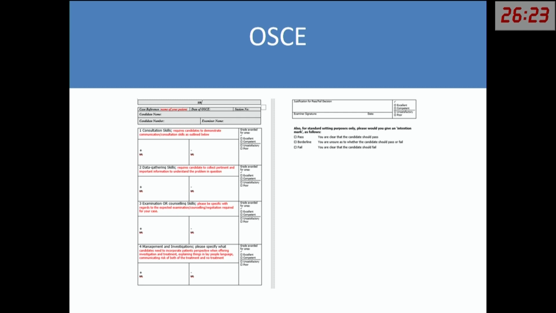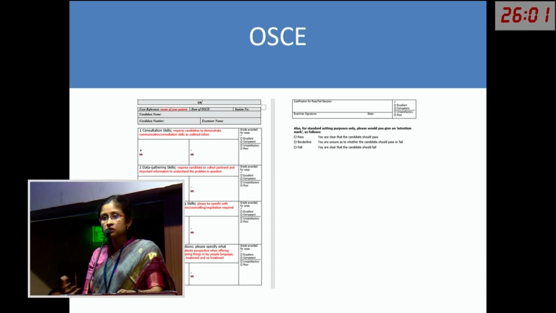Of course, counseling is inbuilt when we talk of management, when we talk to the patient. But if it is an examination station, then it is going to be a separate one where you have focused examination. Focused examination means that you're not going to be examining all the systems. It will be tailored to the presenting complaints and your differential diagnosis. You will have at least 2 to 3 minutes for your focused examination. And these are all simulated patients. These are not real patients.